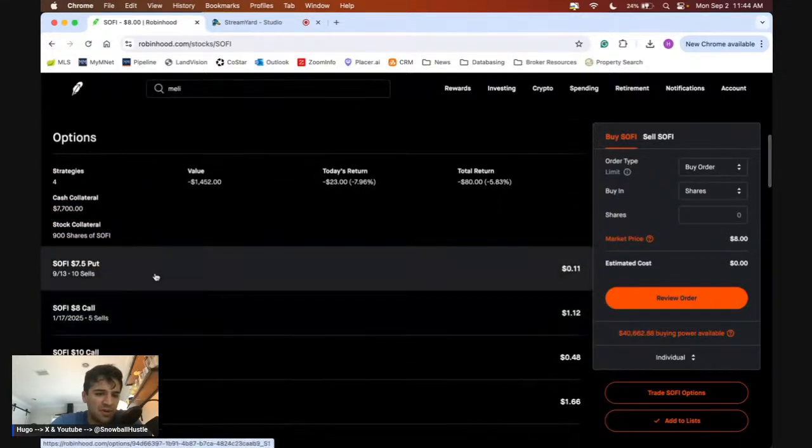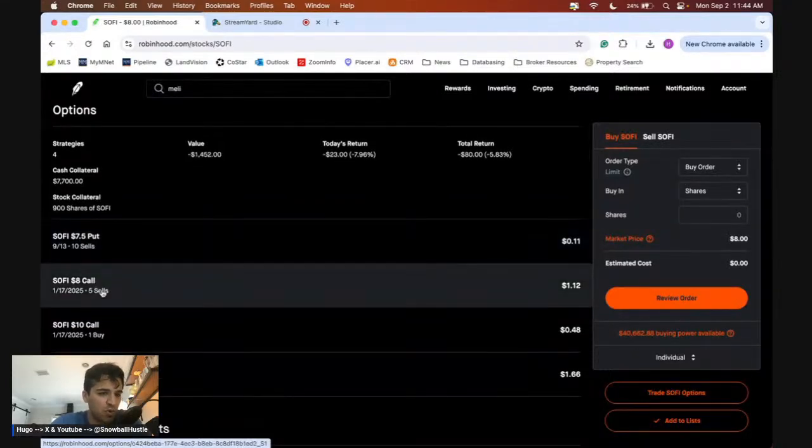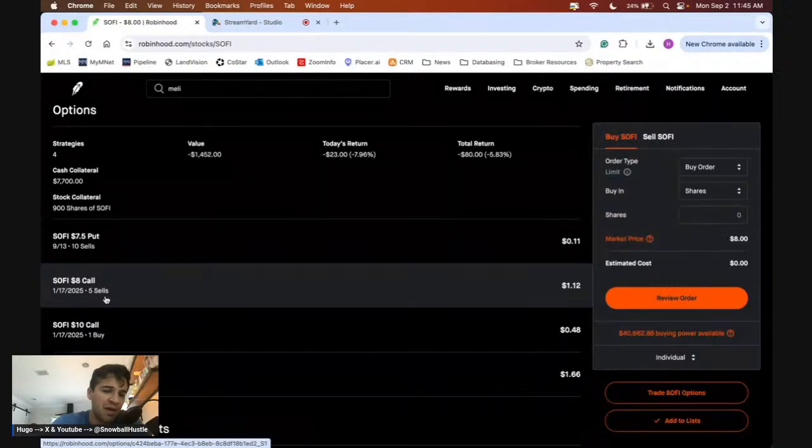Right now I have $7.50 puts expiring next week. Pretty confident with these. SoFi kind of broke out already of its resistance. It hit $8 and it held $8, which is impressive. I rolled out some 750 calls to $8, right? So yes, they're expiring January, but it's just one of those things where, if you do the math, right, that's